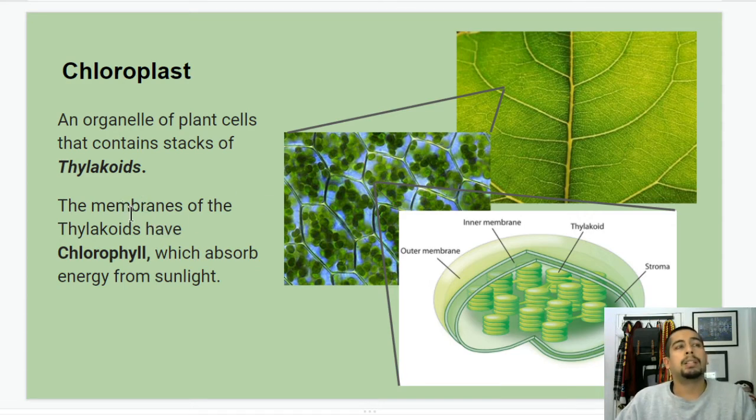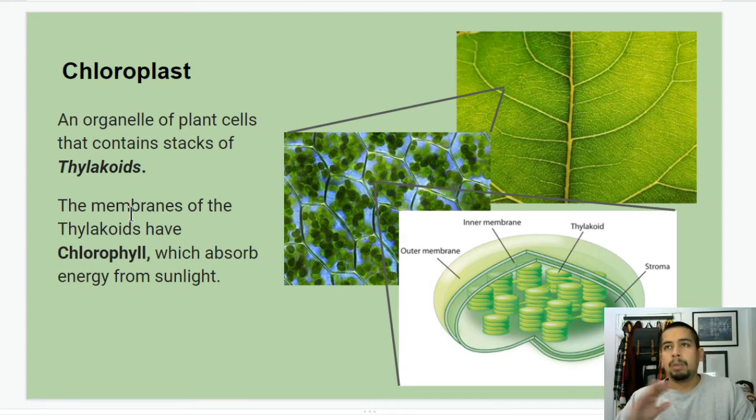Inside the membranes of the thylakoids, we also have chlorophyll, which absorbs the energy from the sunlight. The chlorophyll is the filament, the little, even tinier piece of the plant that's doing all of the photosynthesis, absorbing the sunlight to turn it into sugar. Okay, so that's where photosynthesis is taking place in the chloroplast, in the thylakoid structures inside the chloroplast in particular, and the chlorophyll is a little molecule doing the absorption of sunlight. Okay,